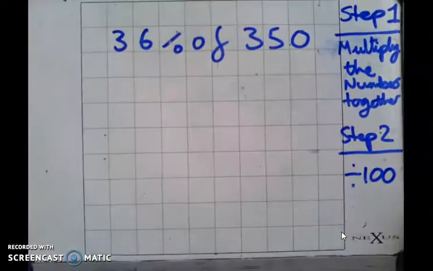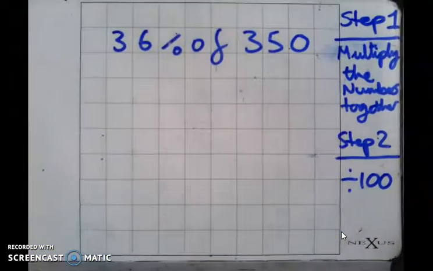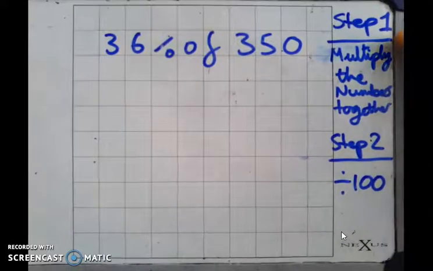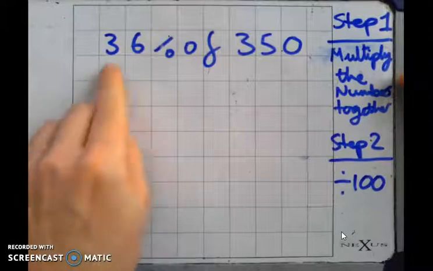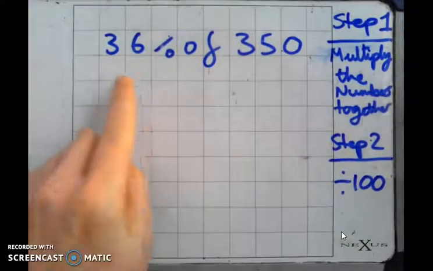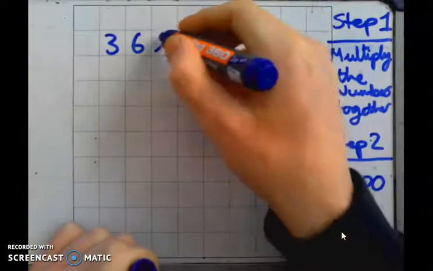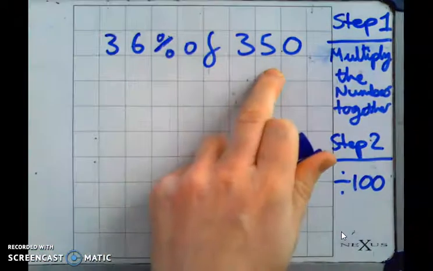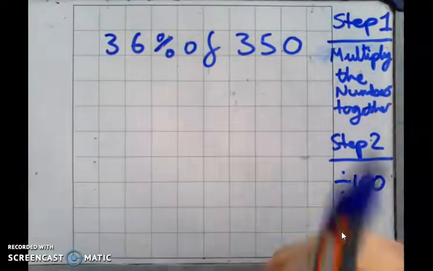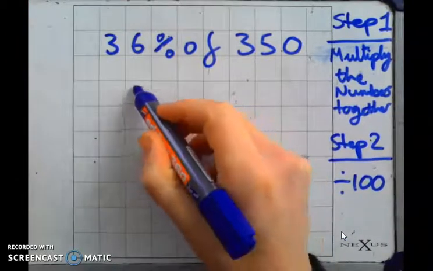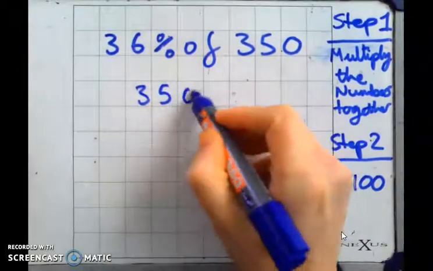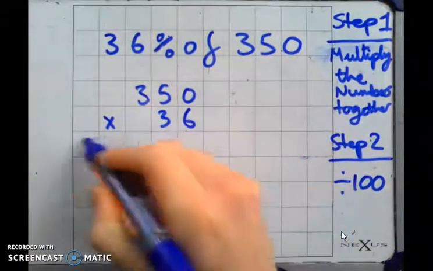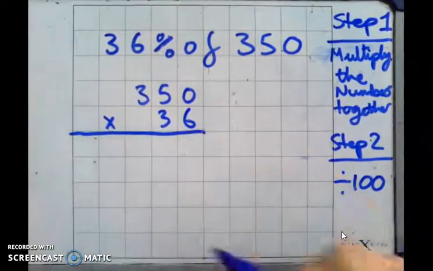Here's a slightly different calculation, but we're going to use the same method. There are two steps to this method. The first step is to multiply the two numbers together. So whatever your percentage is, multiply that by the quantity. 350 multiplied by 36. For this method, I'm going to use a short